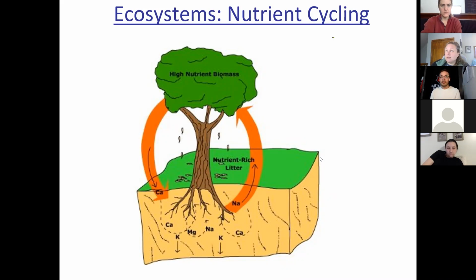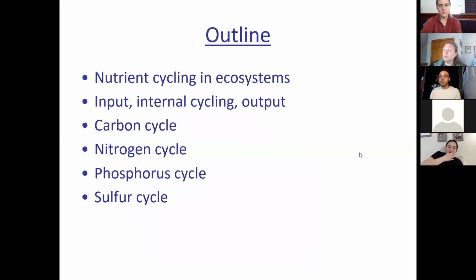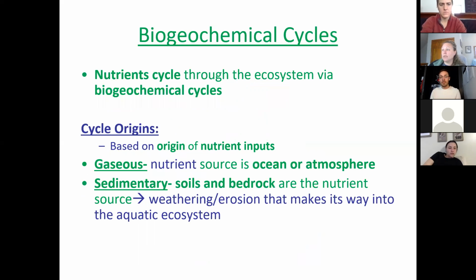So in this unit, in this particular lecture, we're going to be focused on watching the pools of those Cs, carbon, nitrogen, phosphorus: where they move through the system, how they go from the soil or from the atmosphere into the organism, and then how they move through the food chain and return either to the soil or to the atmosphere. So that's the focus we're going to have with nutrient cycling. We'll talk about inputs and outputs. We'll talk specifically about a handful of the cycles, which should be basic review in most cases, but putting it in context.